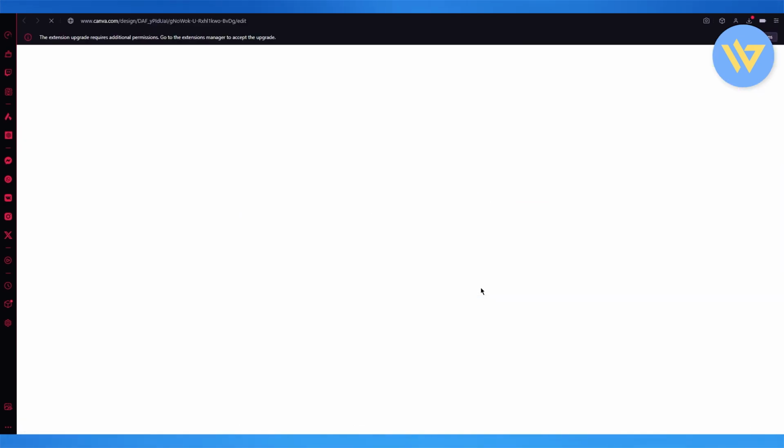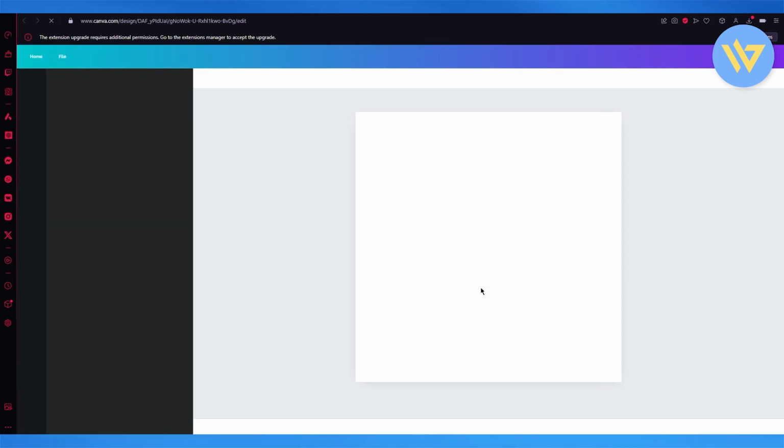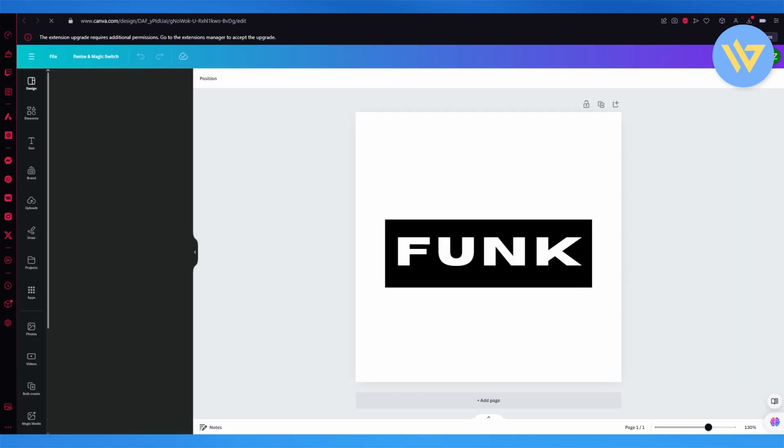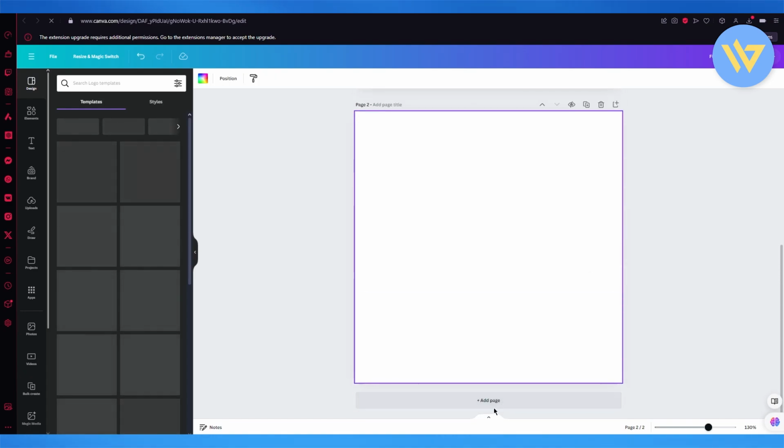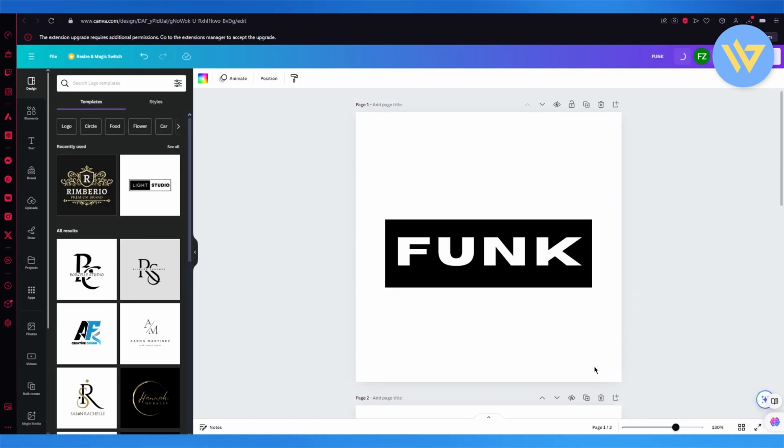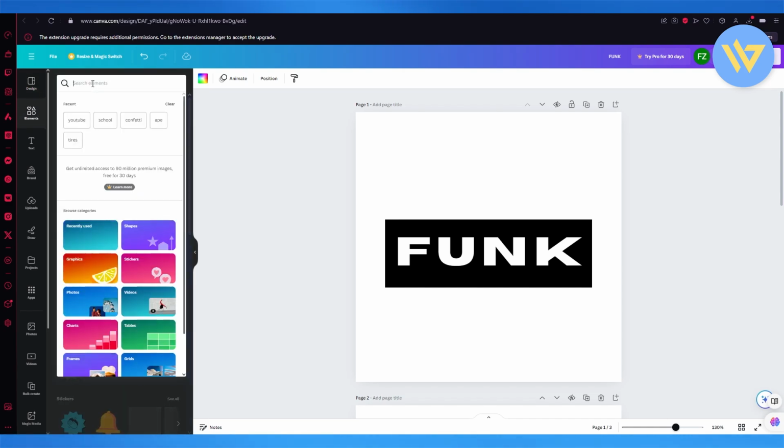All right, so let's say I'm going to go over to this design that I created. Now in this design, if I want to add page numbers, first of all, I'm going to give myself some pages. Now, let's say I have 3 pages over here. Now to give myself proper page numbers, first of all, I'm going to go